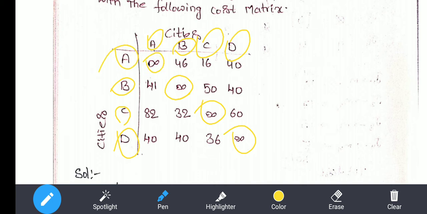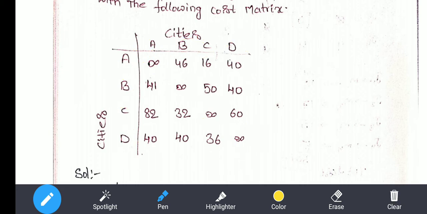So if the salesman is visiting the same city, it will not be allowed, and the cost will be considered as infinity. Also, you can identify the difference. In the previous assignment models, row wise were given workstations and column wise were given jobs. Two different things were given in the previous models, but in the traveling salesman model, column wise also cities will be given, row wise also cities will be given. Only one salesman is going to visit all the cities.